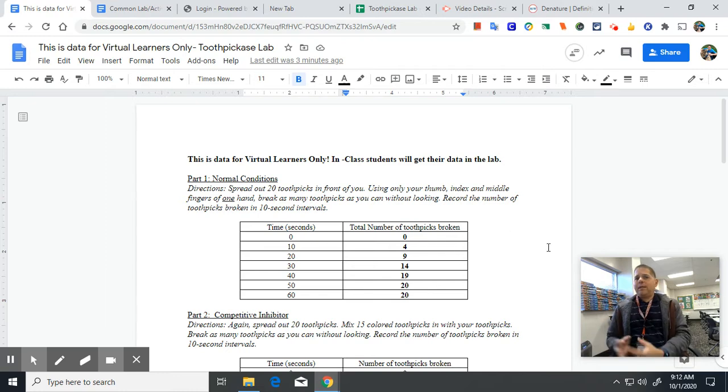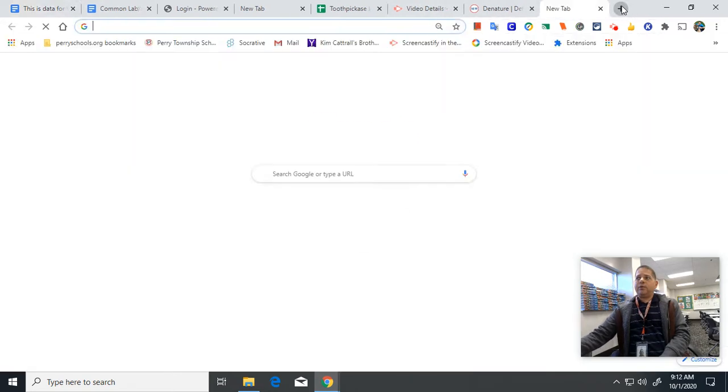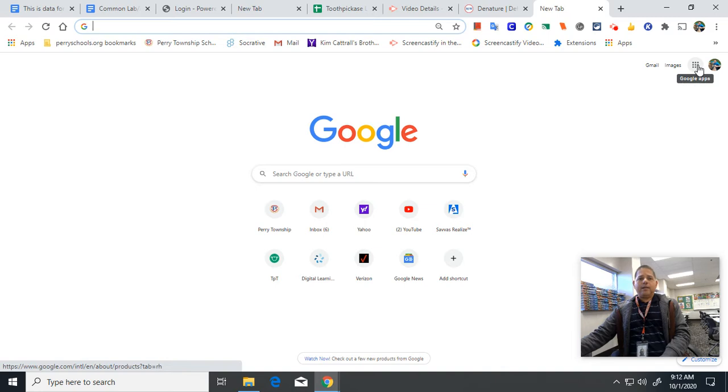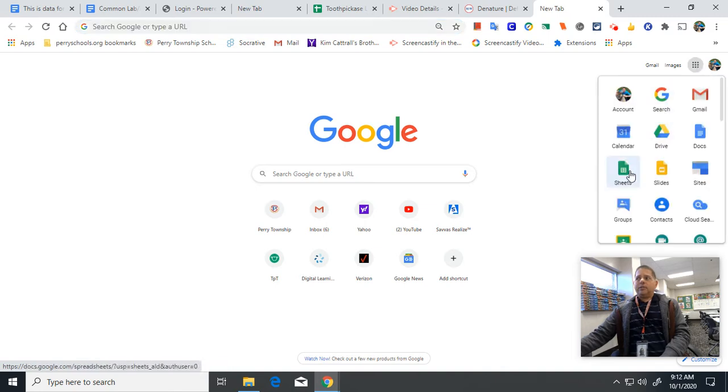So if you know anything about enzymes, their property is to be able to speed up a reaction, especially in your digestive system. So the idea here is that we had an activity called toothpickase, an enzyme that primarily breaks up toothpicks. Now, it doesn't really exist, but this is just a demo to allow you to understand the properties of how enzymes work. So using your data, we go to our Google applications, click on Sheets,